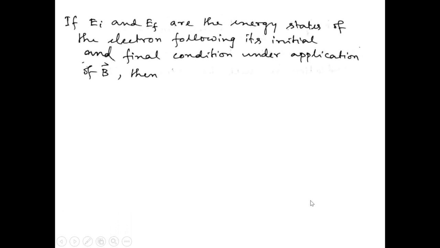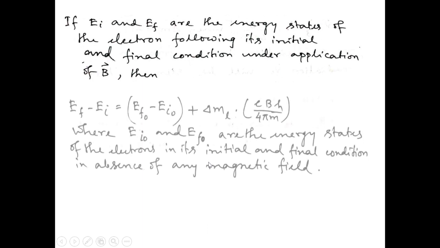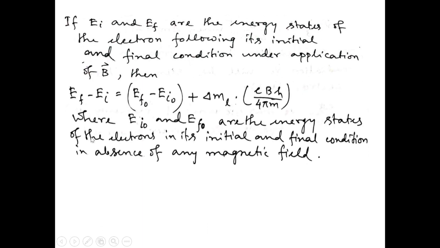If EI and EF are the energy states of the electron in its initial and final condition after the application of B, then we can write the change between the two states, EF minus EI, as the summation of two parts. One is the change of the energy before the application of the magnetic field, and the rest is the change in energy due to the application of the magnetic field,